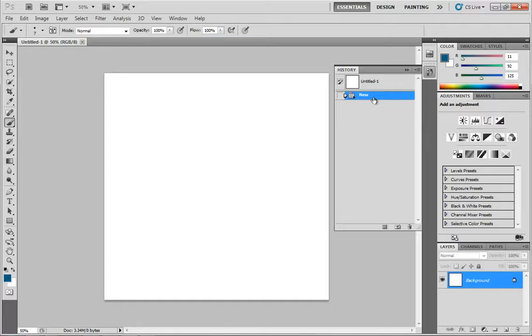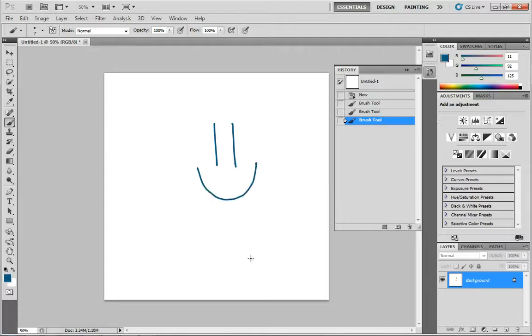Now, to really kind of drive home exactly what history is going to do for you, I'm going to get my brush out. So hit the B key, and I've got the color blue selected right now, which is just as good as anything else. And let's draw a stick figure. So actually, let's just do a simple smiley. We'll keep this really basic for now. So 1, 2, 3 brush strokes to make the world's most amazing smiley. And if we take a look over here inside of history, we have 3 different uses of the brush tool,